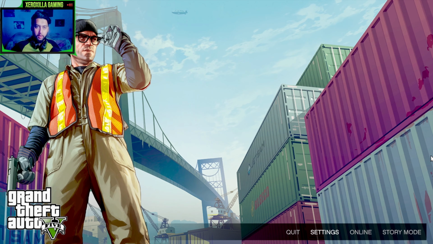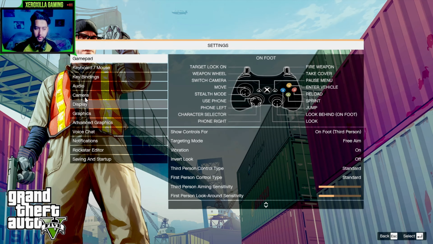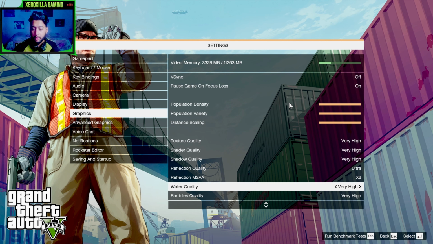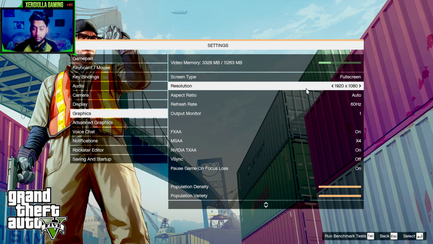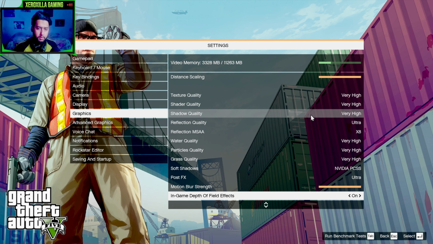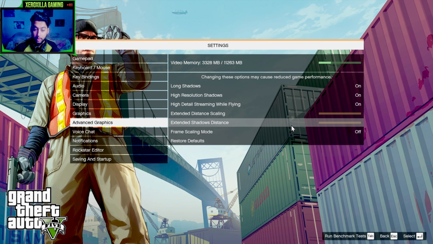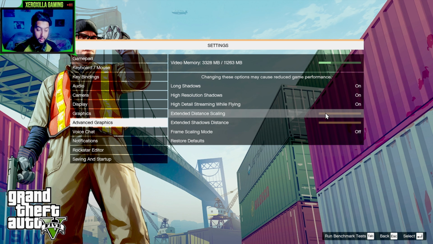Alright, so here we are in GTA 5 for some benchmarks on ultra settings for 1080p. The settings I have for the graphics are, I guess, on ultra, except for the resolution. We are going to test it at 1080p because it's the optimal and most preferred resolution. So we are not using frame scaling or extended scaling for distances or shadows or anything else because